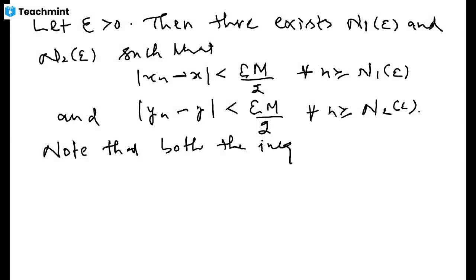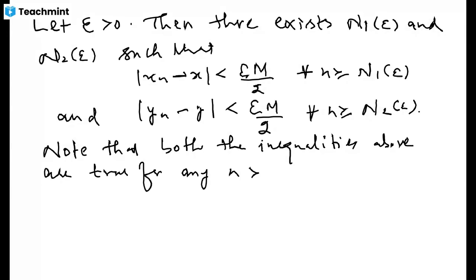Both the inequalities above are true for any n which is greater than or equal to the maximum of these two numbers, n1 and n2, and let that maximum be denoted by N. And clearly this N is also dependent on epsilon. Thus,